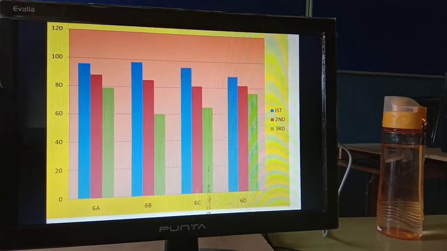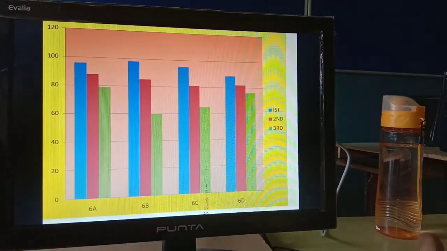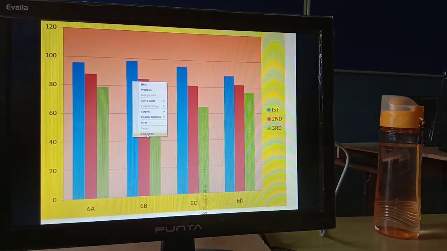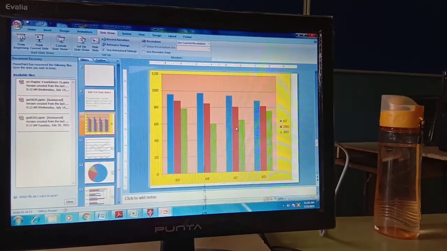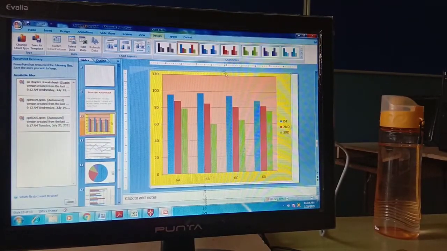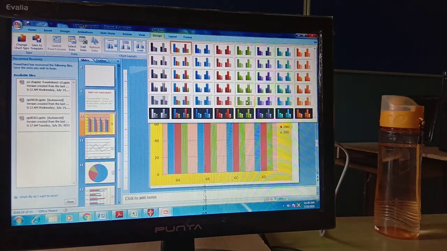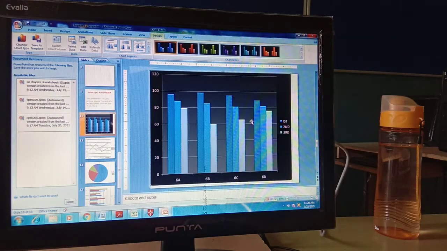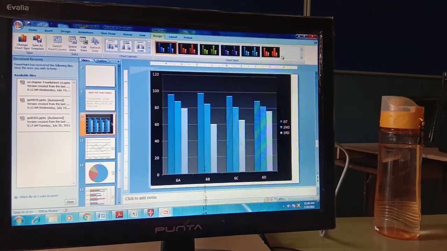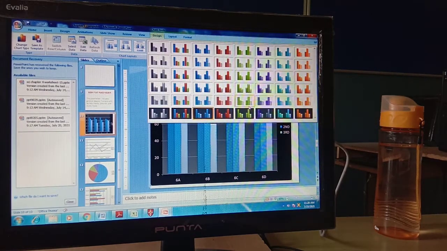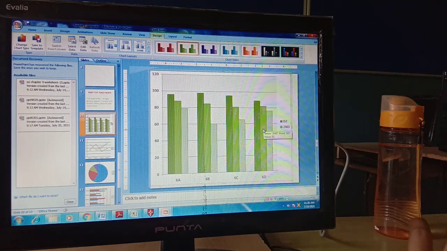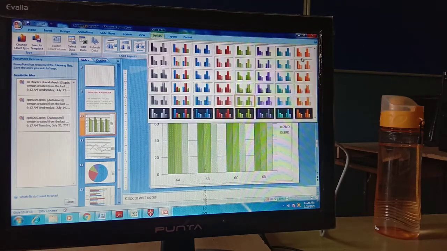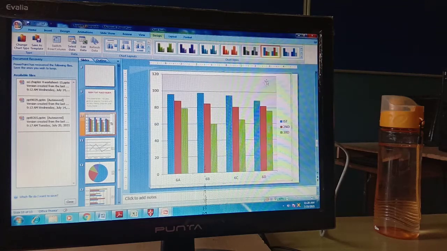So this is how you can modify your chart. Let me show you more formatting. As you click on this, the design tool for the chart will open, and here are some themes available. You can apply any of the themes. For example, this type of theme you can apply. These are the built-in themes that you can apply in your chart, just like we applied on the table also. So similarly you can apply here.